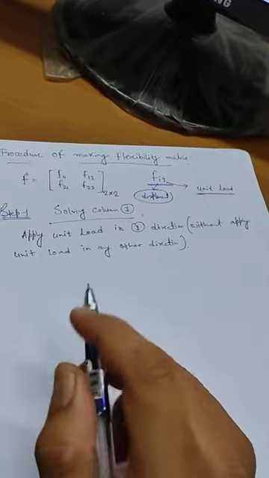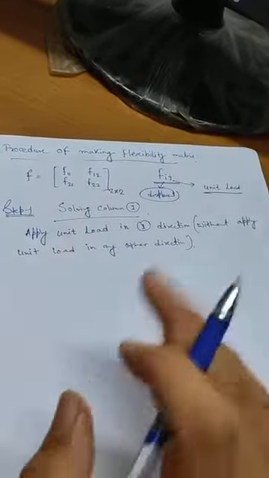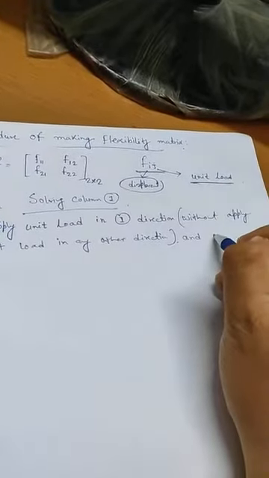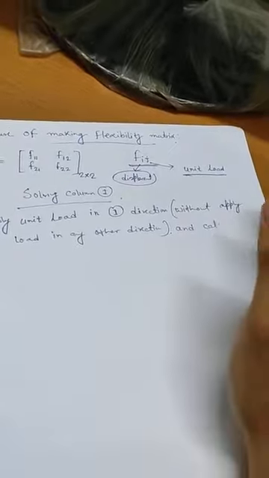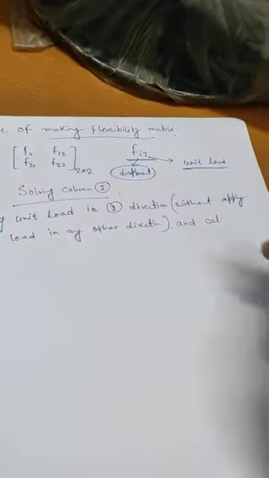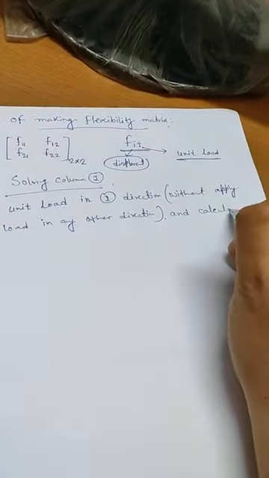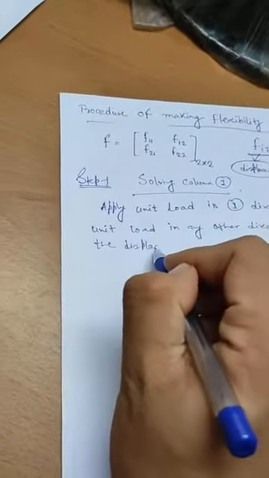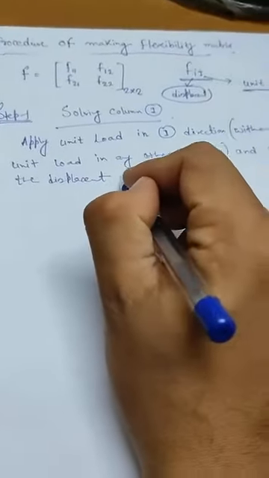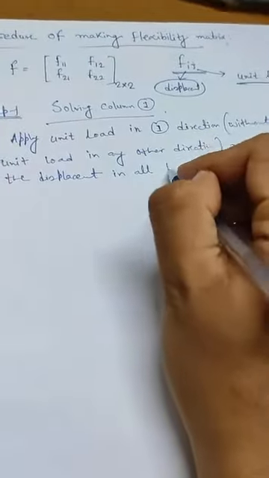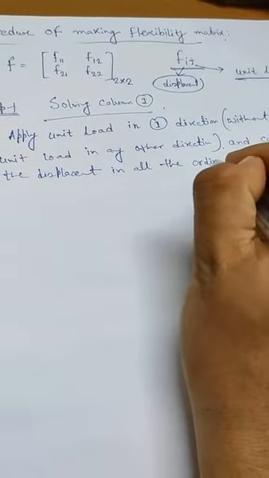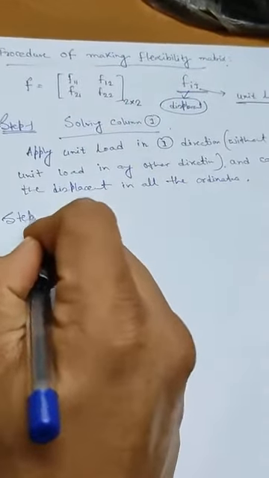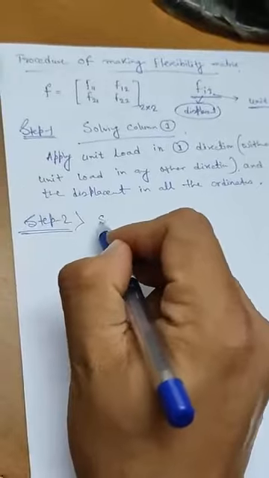We don't apply any unit load in the other direction, and then we calculate the displacement in all the coordinates, in all the ordinates. Now similarly, step 2, when we solve column 2,